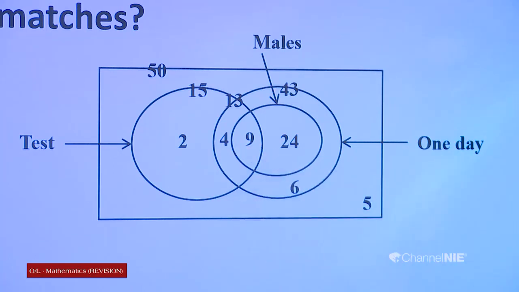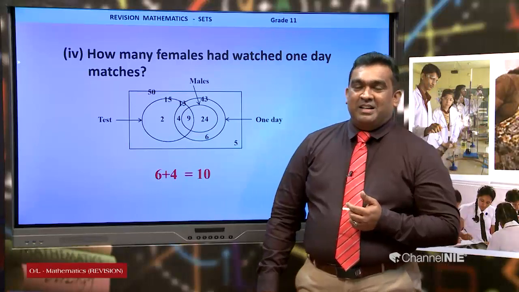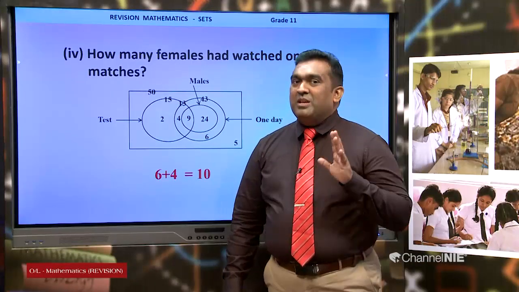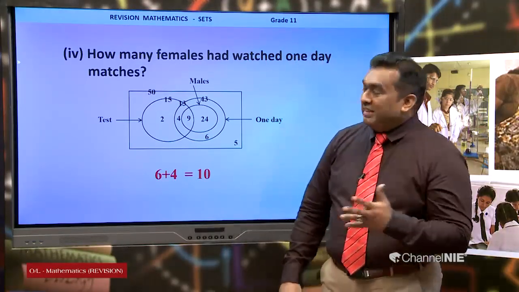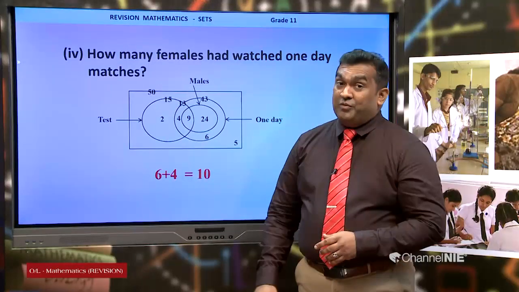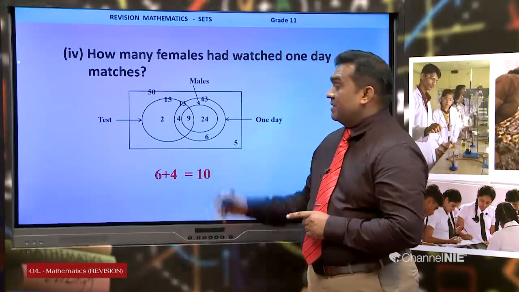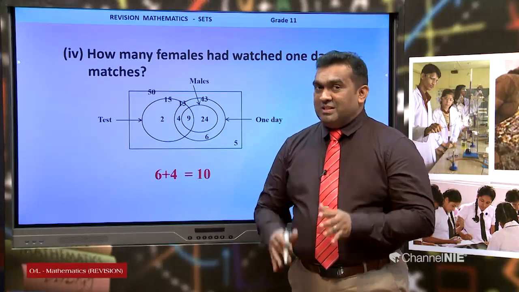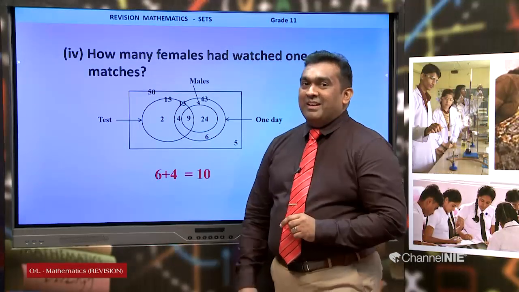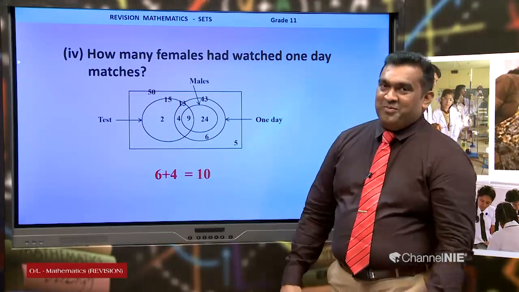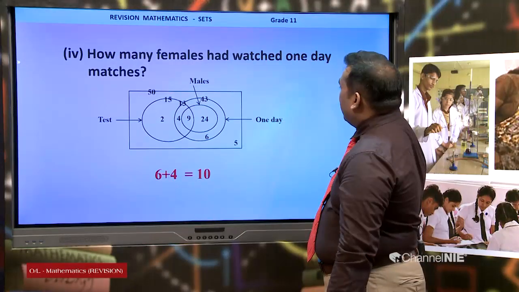4 plus 6, 10. Understood that? Females. Sometimes you may think that is 4, not 4. Don't forget 6. There are 2 regions. 6 plus 4 is 10. Very easy question, right? Next one,